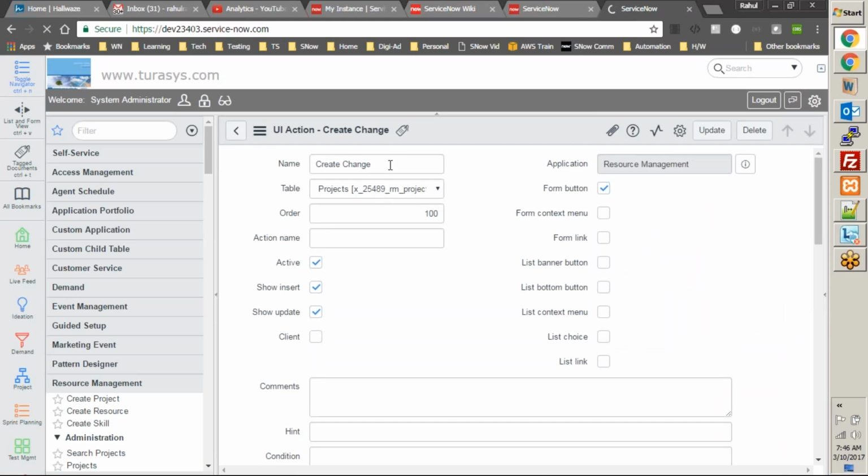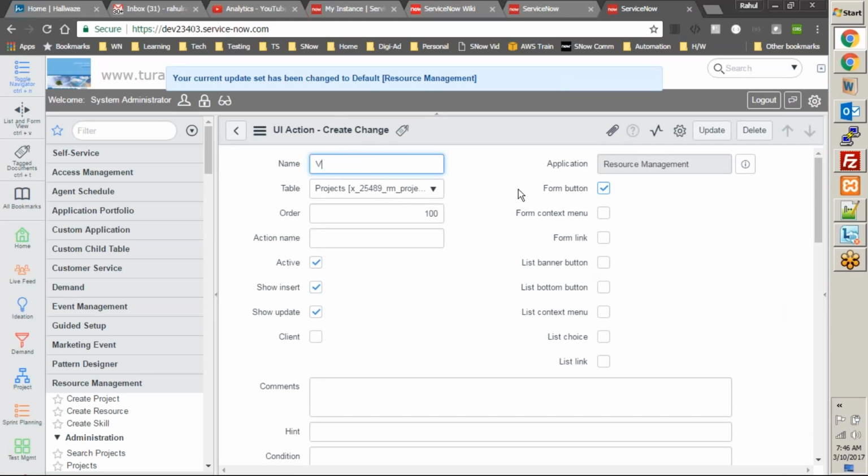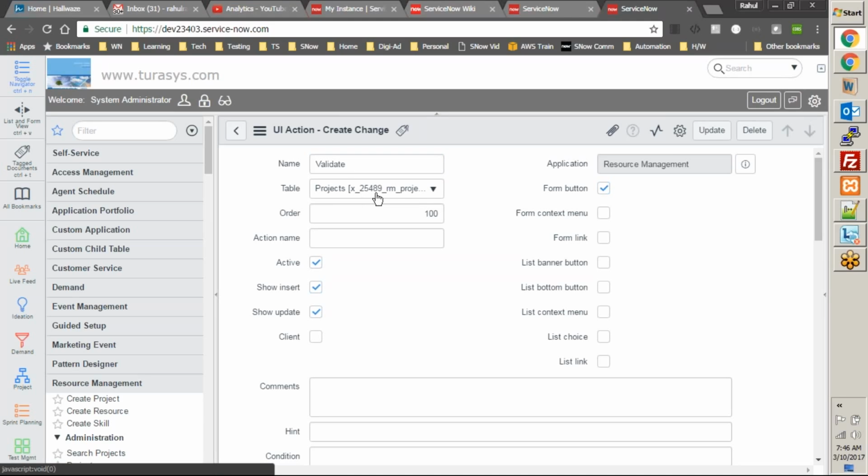So if you come here, let's name it validate project or simply validate. This is applicable to the projects table, the current table or form that we're working on. Right now, what I have done is I have created a form button only. So when I save this,